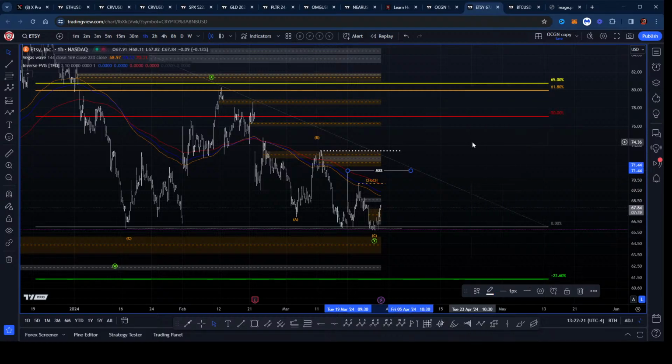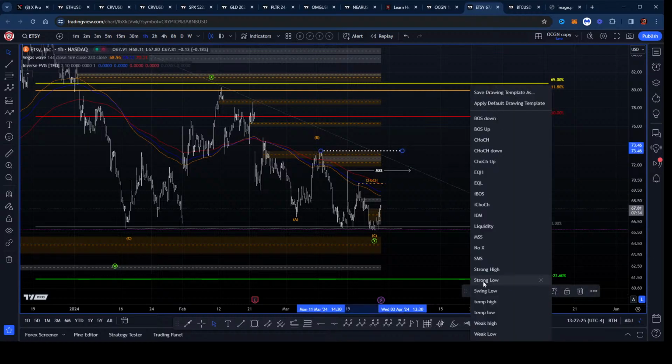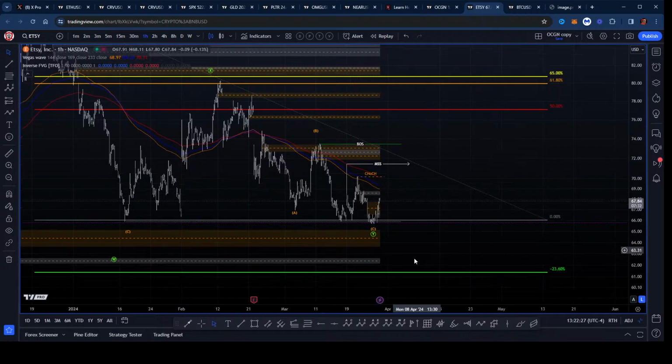Oh, here, let's just do it that way, right? So market structure shift here, and then this would be the break of structure. That would be the, okay, now we're going up. So I've had the little micros, little bit. Definitely here, because this is the pivot that gave me this low, right? That broke this low. Okay, so I've got, if I come up here and then I'm coming back down, I'm